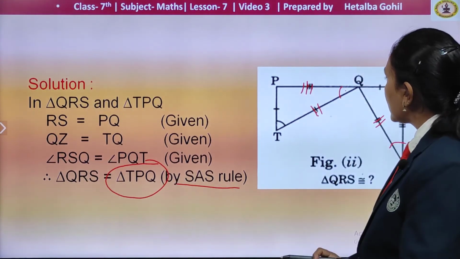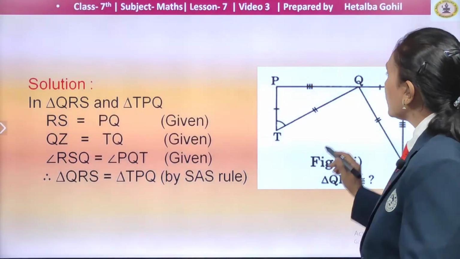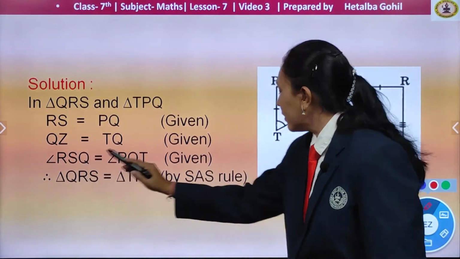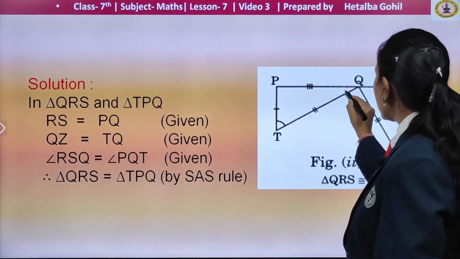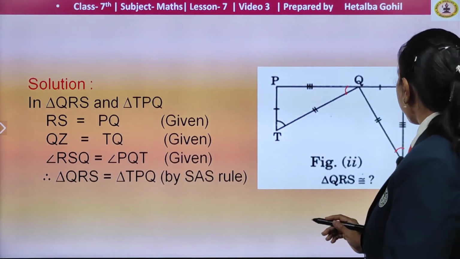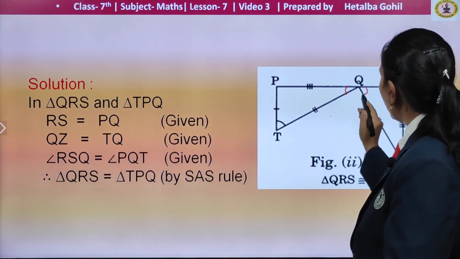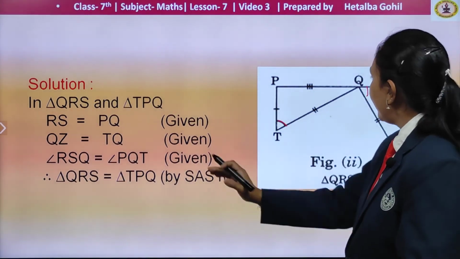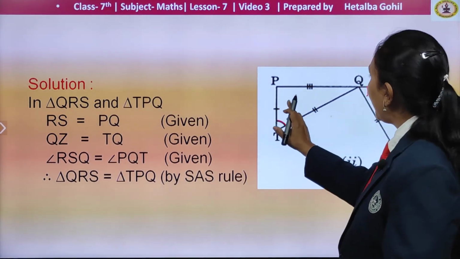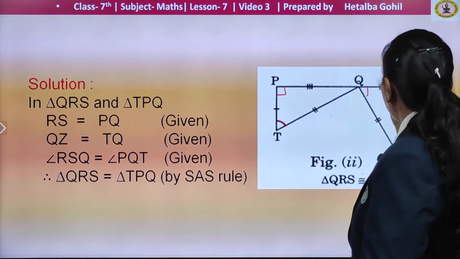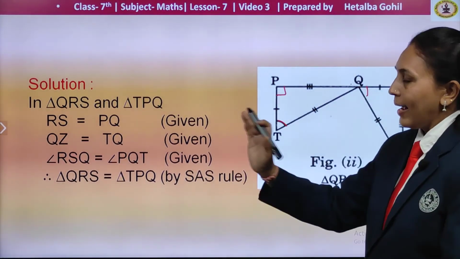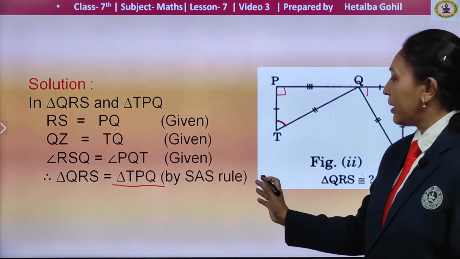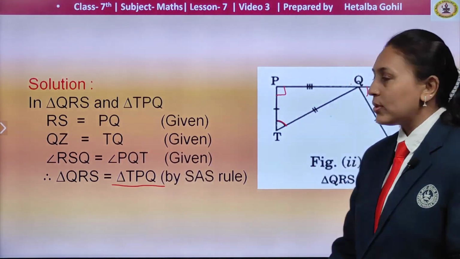Okay. Or you can just see, children, another way if you want, you can use also. See, this side P is matching. The first letter you have is Q over here. So, where is Q? Here. So, this and T. Q and T are matching one another. Then R and P are matching one another. And the last left is Q and S. So, similarly you can get your answer. This is another short way to get your answer. Even if you do not understand the criteria, you can use this too.